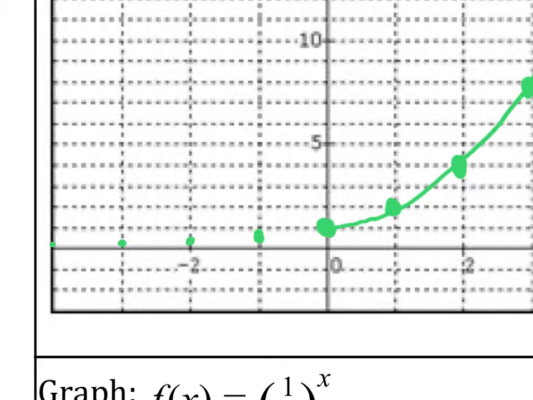And basically what happens is the value of y keeps getting smaller and smaller and smaller as we move to the left. Just keeps getting smaller and smaller and smaller. But the important thing is that it never actually gets to 0, because there's no number that you could substitute in. If you have 2 to the exponent x, there's no number that you could substitute in for x and